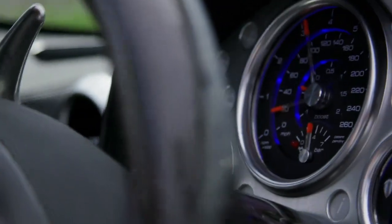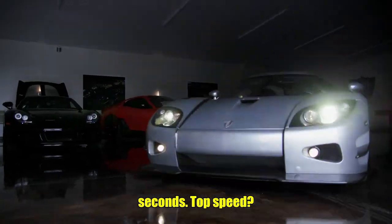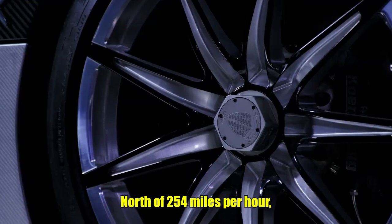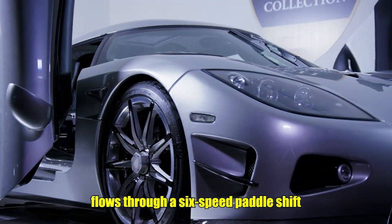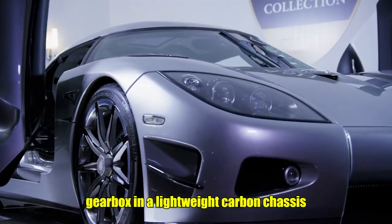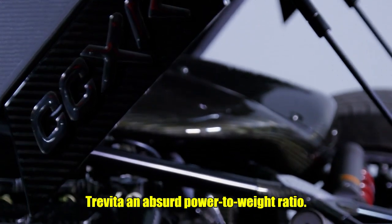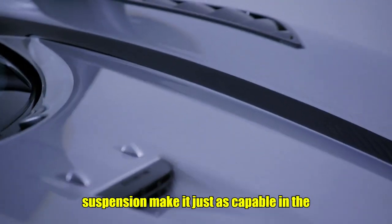lb-ft of torque. 0 to 60? 2.9 seconds. Top speed? North of 254 miles per hour, and yes, it can get there. Power flows through a 6-speed paddle-shift gearbox and a lightweight carbon chassis weighing under 2,900 pounds, giving the Trevita an absurd power-to-weight ratio. Carbon ceramic brakes and adjustable suspension make it just as capable in the corners as it is